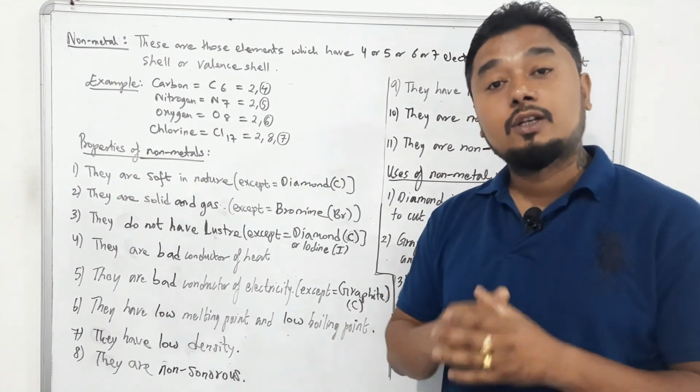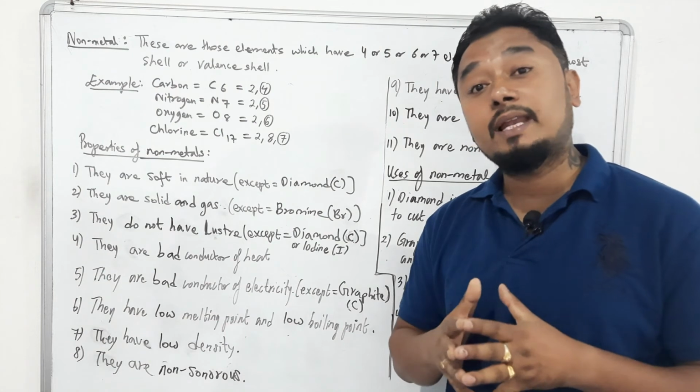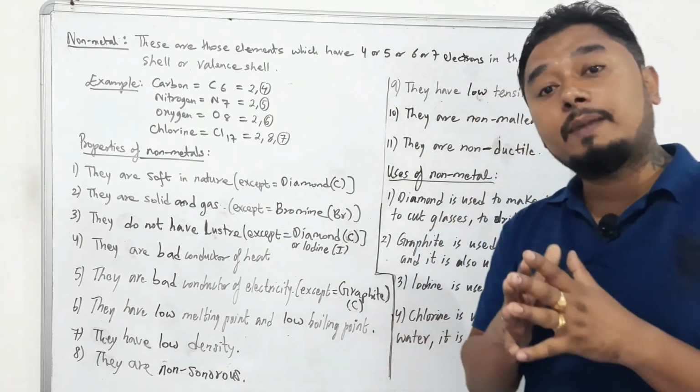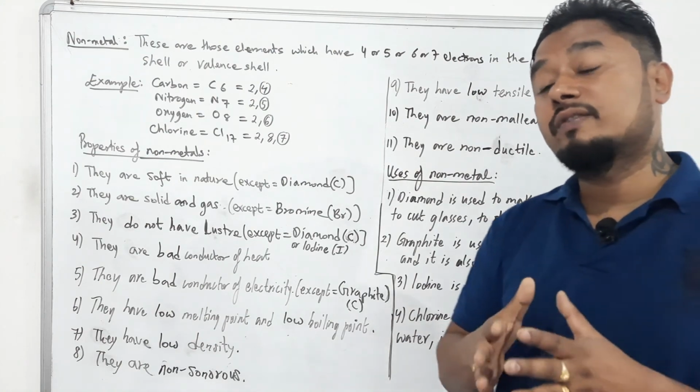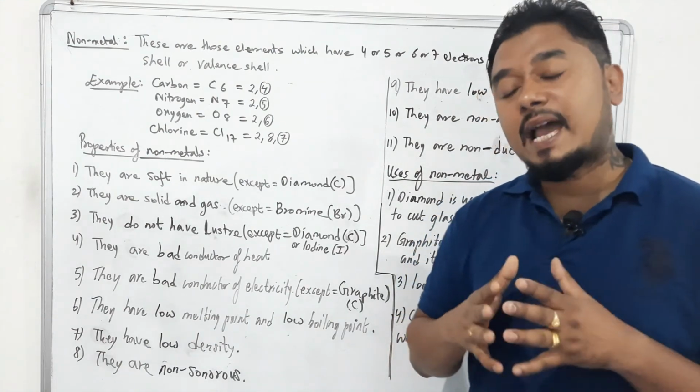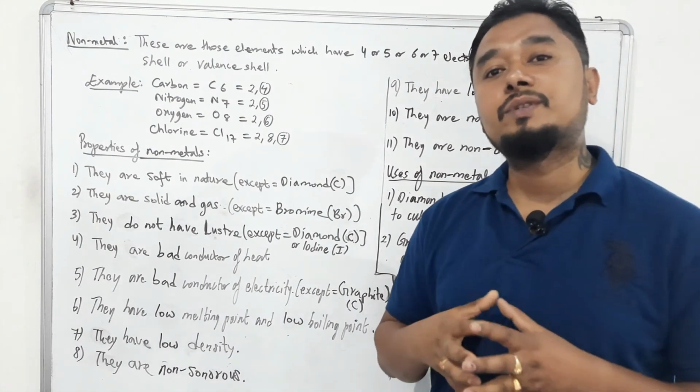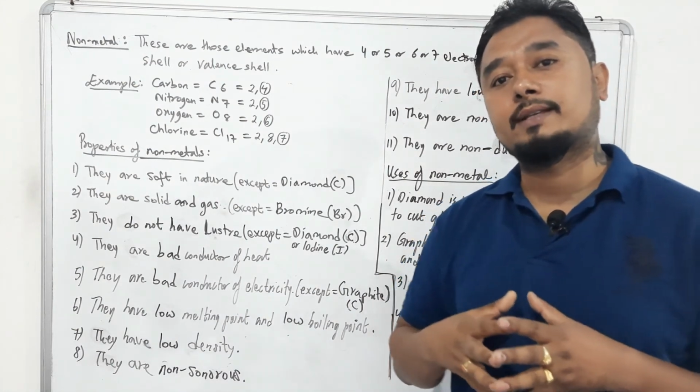Graphite. Metal which is non-malleable, non-ductile is zinc. And metal which is a poor conductor of heat is lead. Metal which is a poor conductor of electricity is tungsten. So these are some of the objective questions you have to remember for your exams.